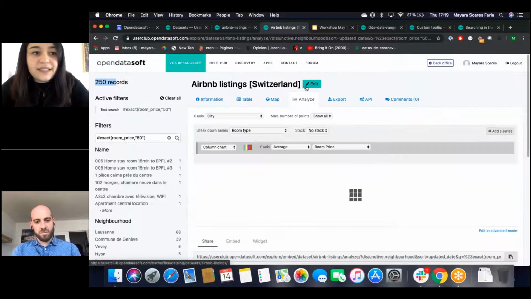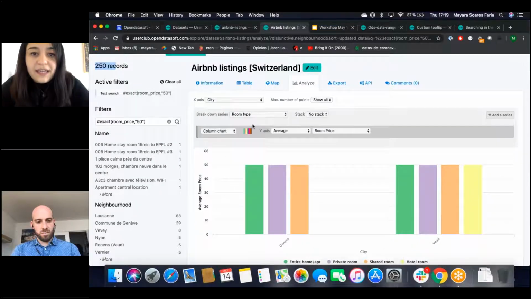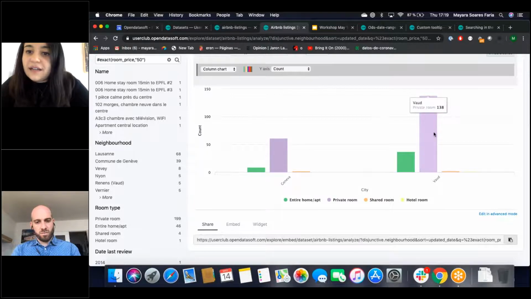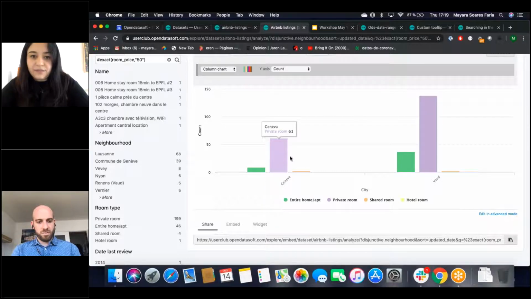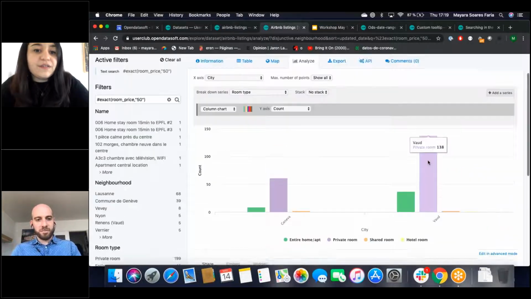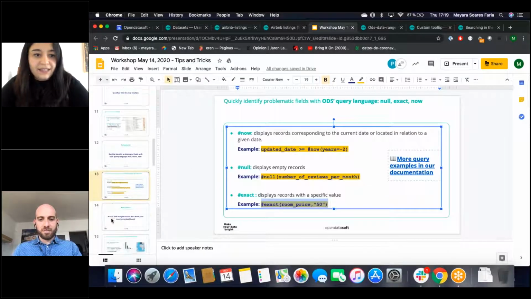And what might be interesting is that when I do this query and now I look at my Analyze tab, instead of looking at the average room per price, I can just do a count and it will show me by city those that have a room or a listing that corresponds exactly to the price that I want. So for example, I have a better chance of finding a room for $50 in the city of Vaud instead of Geneva. Okay,